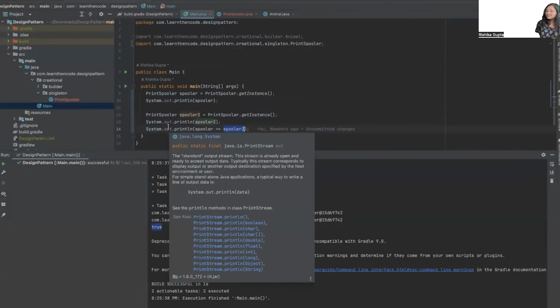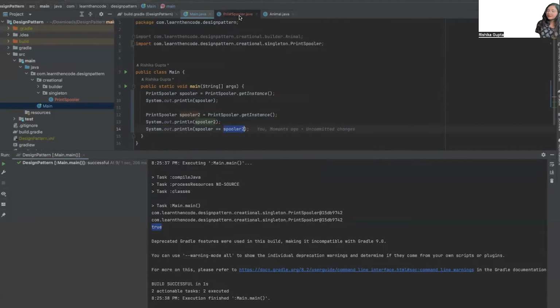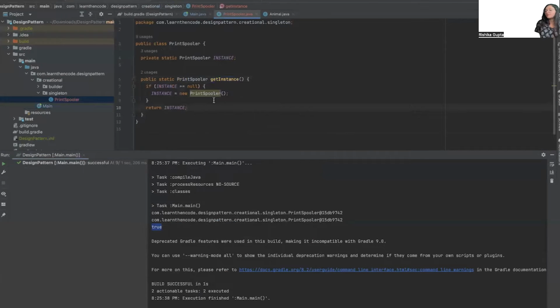So this is a very simple implementation of singleton pattern, but इसमें एक problem है. If you have multiple threads working on this class, then this specific block of code is not thread safe. इसका मतलब क्या हुआ, let's say आपका एक thread है वो get instance call कर रहा है and at the same time एक और thread get instance call कर देता है and वो दोनों exact same time पे आपका ये instance equal null statement भी run करते हैं.